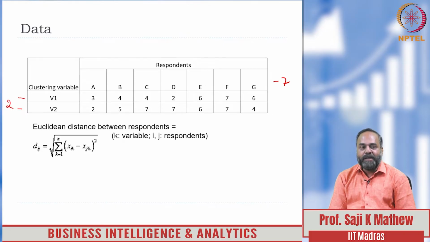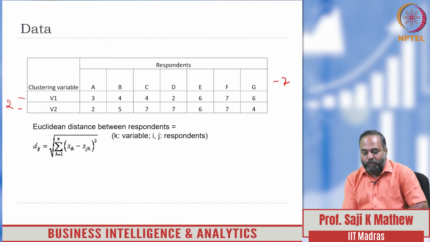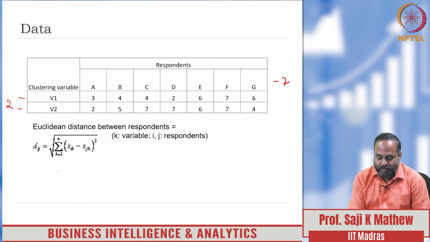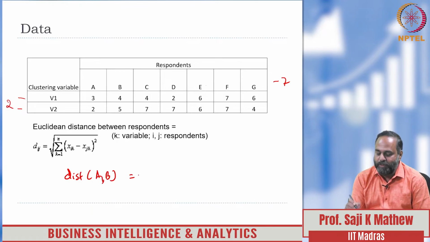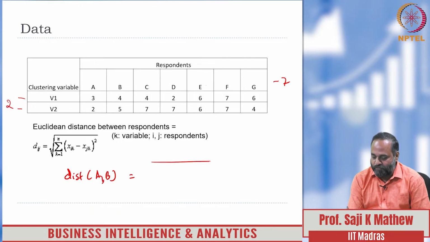Okay, Euclidean distance is nothing but the square root of the sum of squared differences between each pair of variables. For example, if you apply this formula to find the distance between A and B, what would it be? It would of course be the square root of the first pair